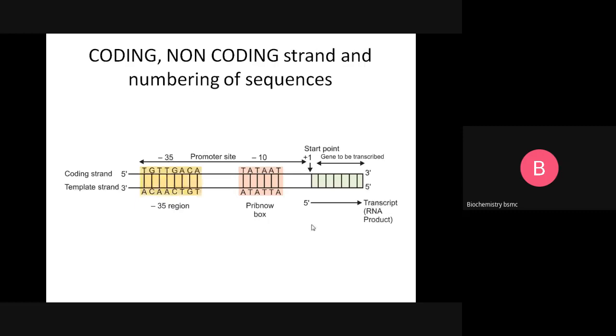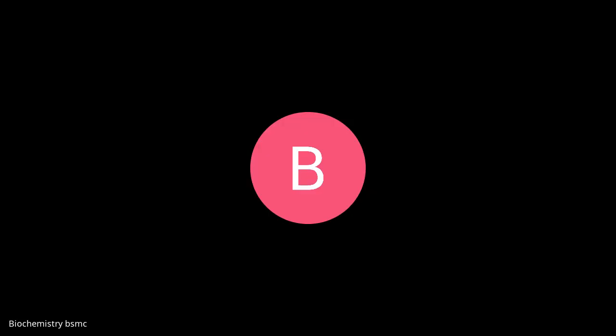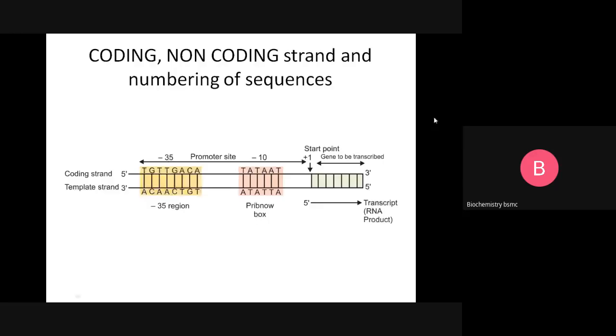Number one, why it is +1, and that means it will denote the first sequence to be transcribed there. So in connection with the transcription, the +1 means it is a sequence which is present in the coding strand. So there is a sequence which will be complementary to this +1, and that will be there